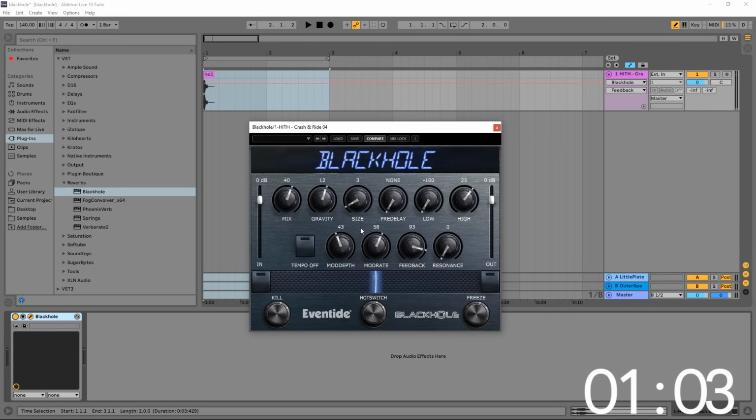Great. Now, what I like to do is add a little bit of modulation to the macro ribbon down here. And what I map to that macro ribbon is the mod depth and the gravity. A cool thing about the gravity is it can actually go into negative values, which brings in this reverse whooshy style reverb. All right, so what I'm gonna do is take the mod depth, something like this,